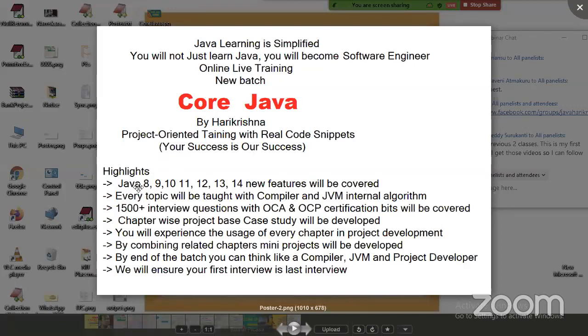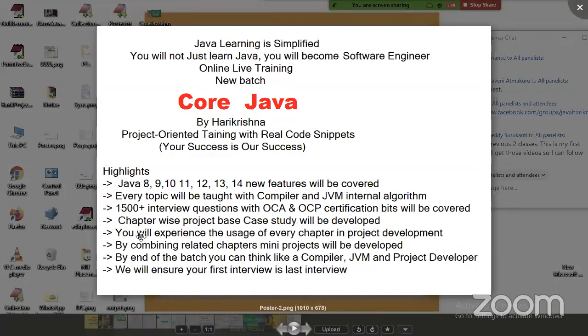I'm covering features up to JDK 14, the latest version. And every topic will be taught with the compiler and JVM internal algorithms. Then only you can pass the written test exam. 1500 plus interview questions with OCA, OCP certification bits will be covered. Chapter-wise project based case studies will be developed so that you become a good programmer.